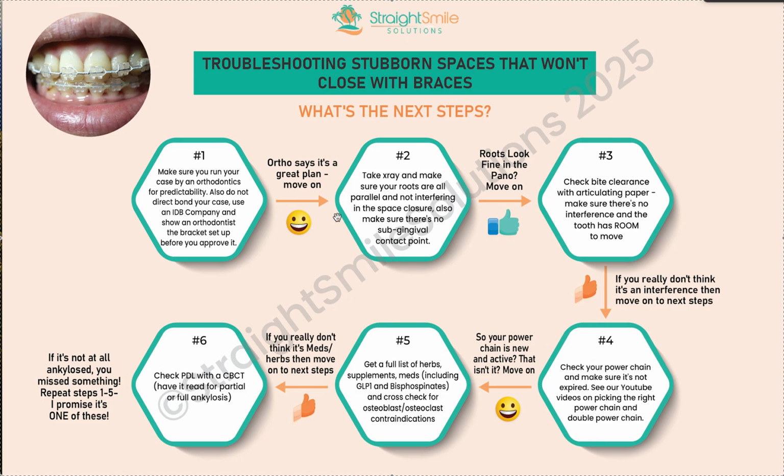And then if you've done all this and you still can't figure out what's going on, of course, double check all the meds, herbs, supplements, everything like that, because you'd be surprised what a lot of people are taking out there. And when you start doing Google searches on the efficacy and the interaction with the osteoclast and osteoblast, you start to see there's interactions. They may not have research about orthodontics yet. That's going to take time after a medicine is made, a decade, 2 decades, 3 decades. But they may have something on osteoblasts and osteoclasts,